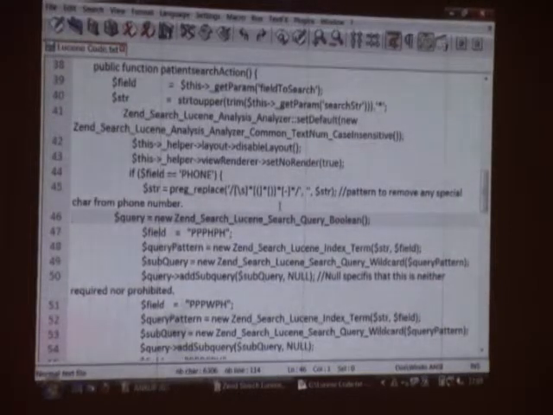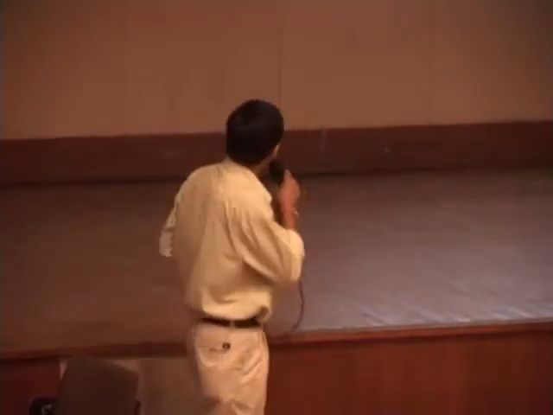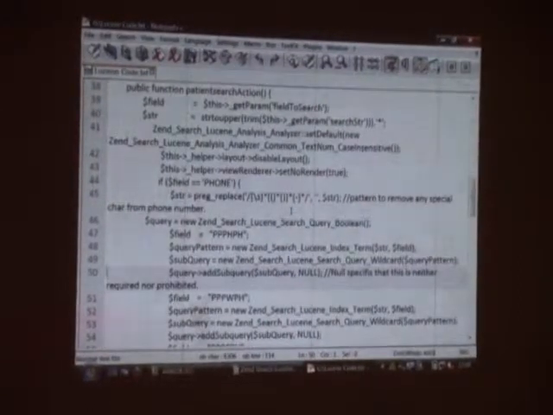My requirement was that if somebody provides the first few digits of the phone number, then it should bring out the whole phone number, the matching phone numbers. So I have used a wildcard search here. Likewise, add subquery. I created an instance of boolean query, and I created subqueries, and I am adding all those subqueries in the query part.